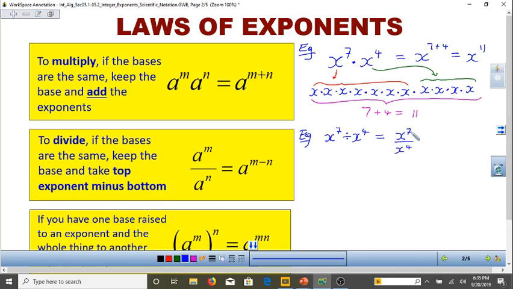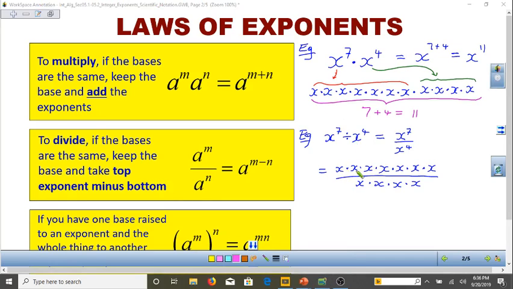If you look at that, really what we're saying is that we have 7 x's multiplied in the numerator, x times x times x times x times x times x times another x, that's 7 x's, divided by 4 x's at the bottom, x times x times x times x. As you can see, since we're dividing a product by a product,